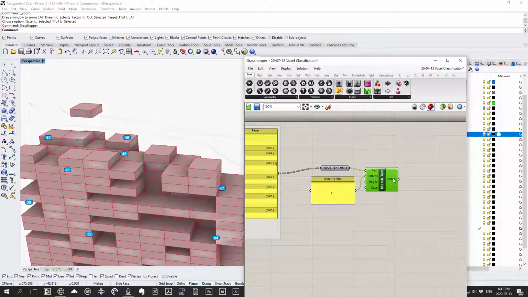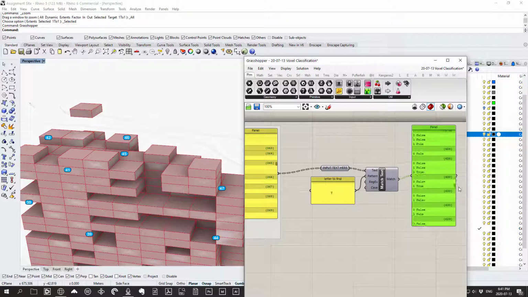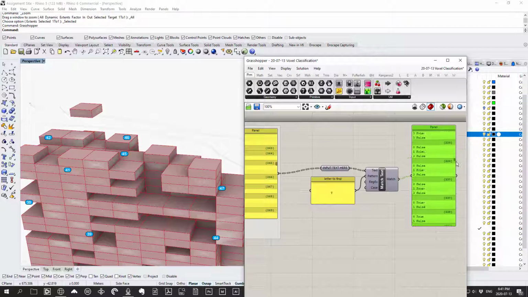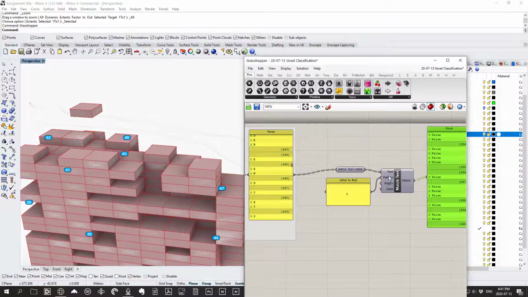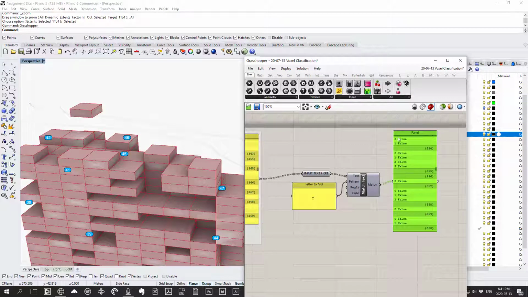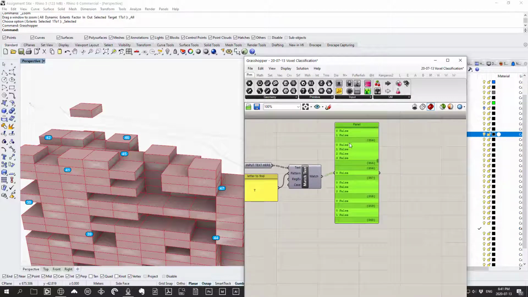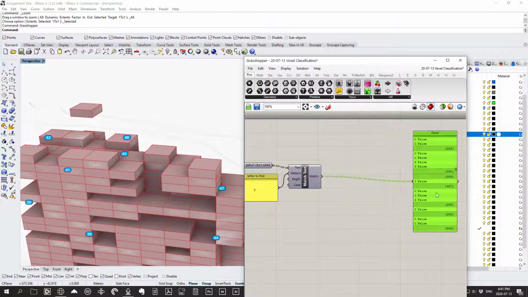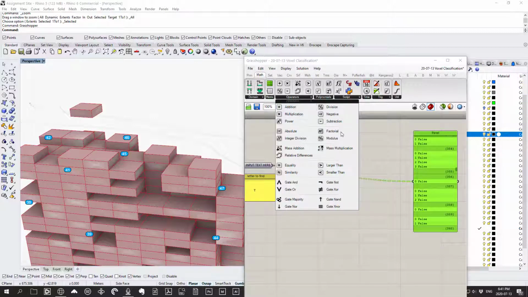Now, if you look at what's coming out of here, you'll see that we have a whole bunch of false, false, false, and then, you know, wherever there's a T, there's going to be a true, right? So there's a true. Here's all these falses. So since we're just testing for the presence of all of these, what we can do is just add up all these falses and all the trues, and then just test overall. So what I mean is we can go to maths, operators, mass addition,